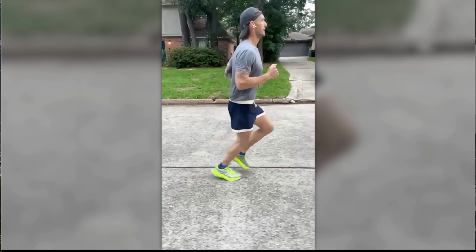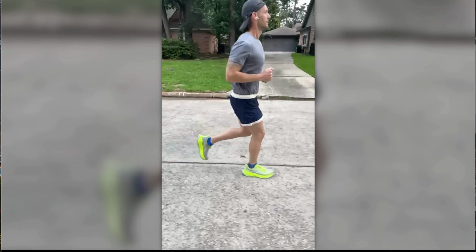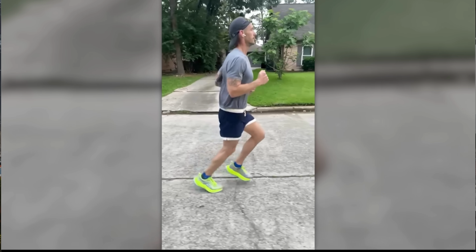What if I told you that the likely cause of Scott's knee pain is also the source of a load of wasted effort while he runs? And given that his goal is to qualify for the Boston Marathon, this is something he's going to want to